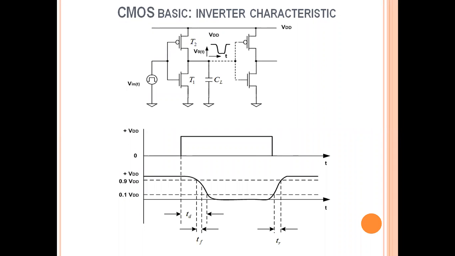Okay. Next slide is the CMOS basics with the inverter characteristics again. So this is the circuit. Here I am applying the VDD to the inverter, and the output of the first inverter is applied as the input to the second inverter, right? So here I have used two inverters. These are CMOS inverters, not only inverters.